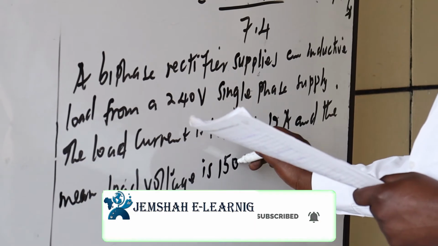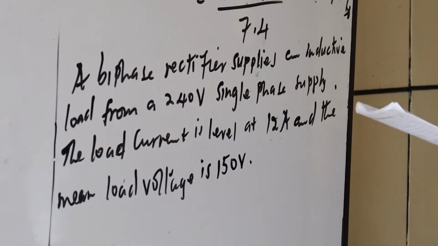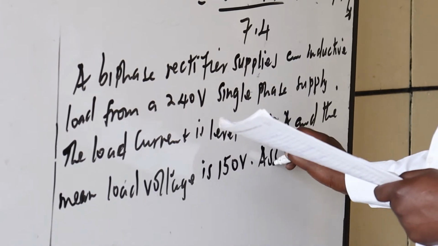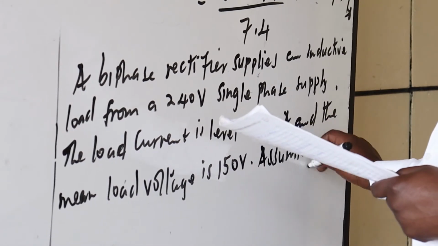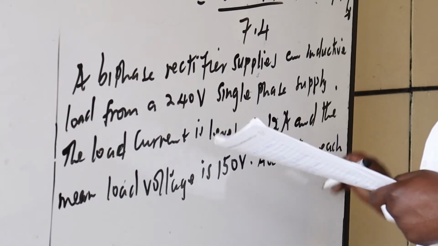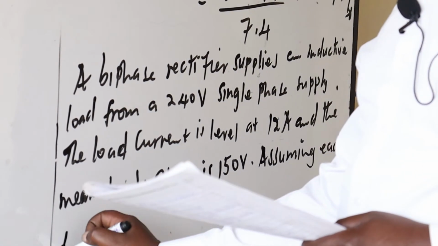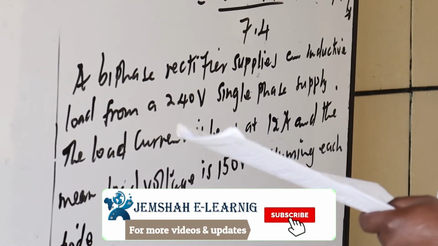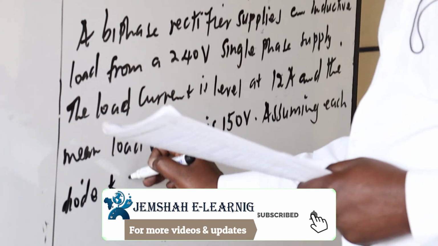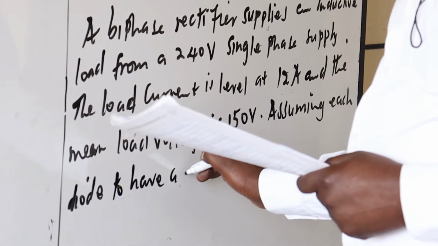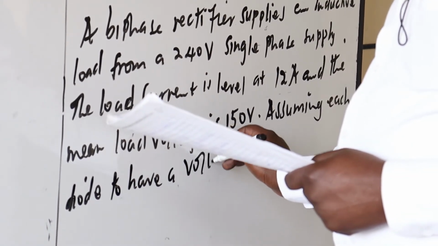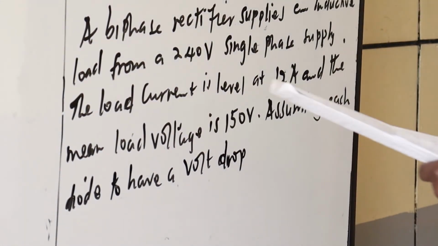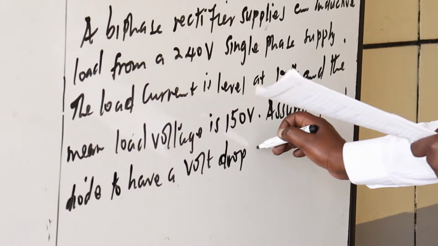So assuming each diode has a volt drop of 0.7 volts,